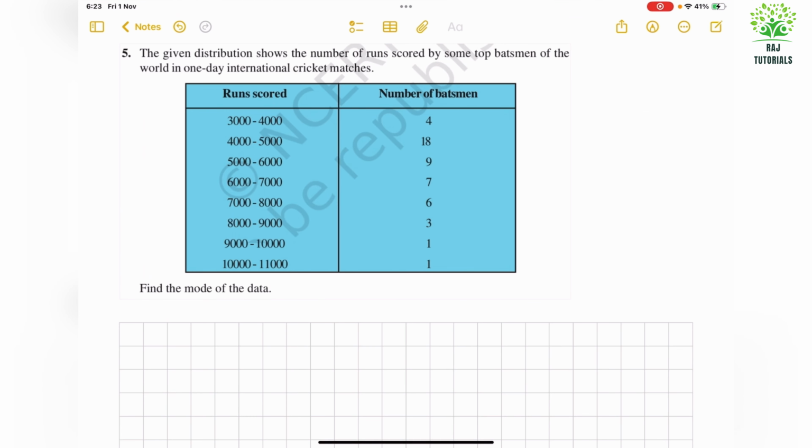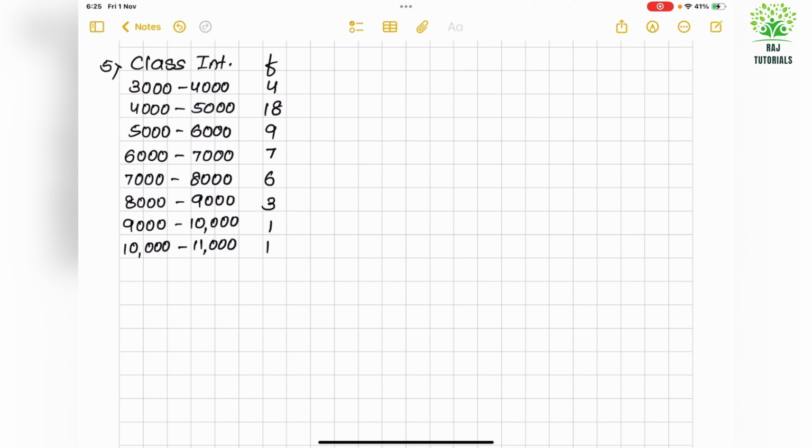Now the fifth one says the given distribution shows the number of runs scored by some top batsmen of the world in one-day international cricket. Find the mode. So checking here the maximum frequency, 18 is the maximum frequency, so this will be the modal class. So mode equal to